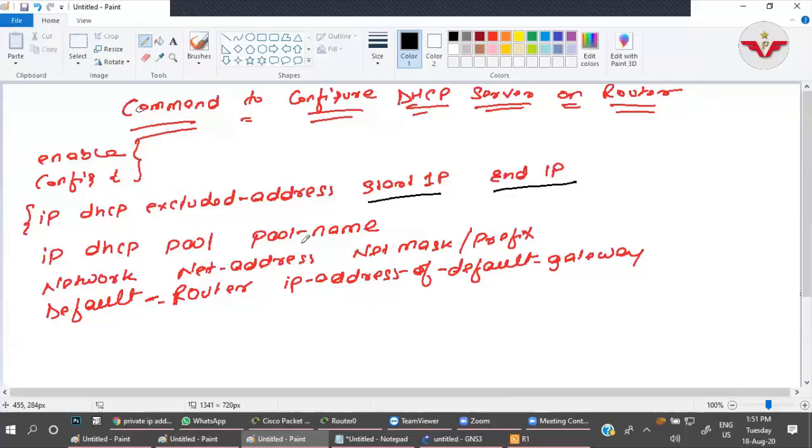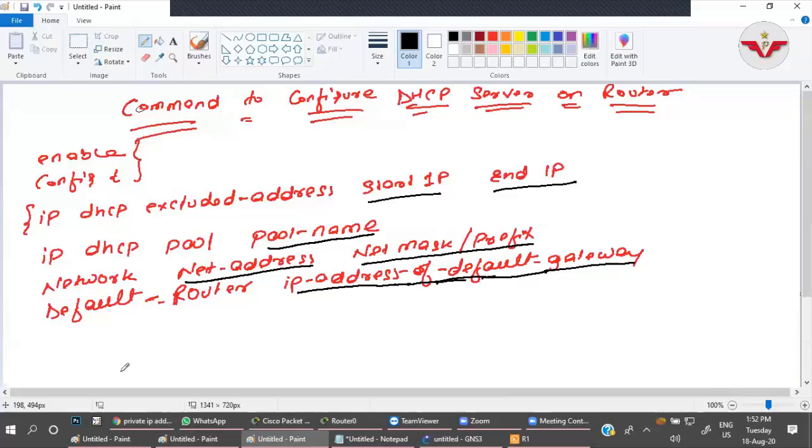Pool name will be as per your choice. Network address, these things, and okay, done.